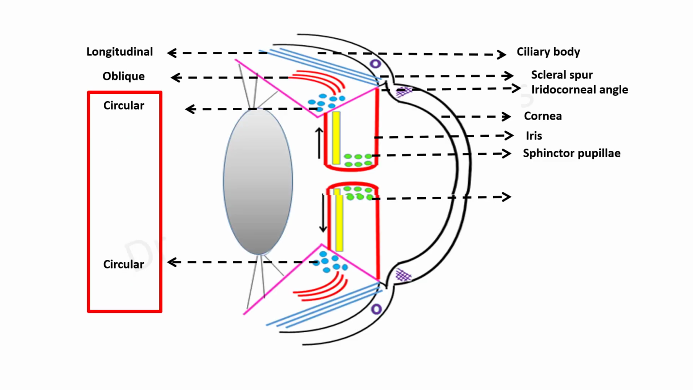Now again, looking at the sphincter pupillae in the superior iris, if we imagine that this is no longer a cut section of the eye, but the intact eye, we would have to imagine those fibers again moving out of the screen towards your face,